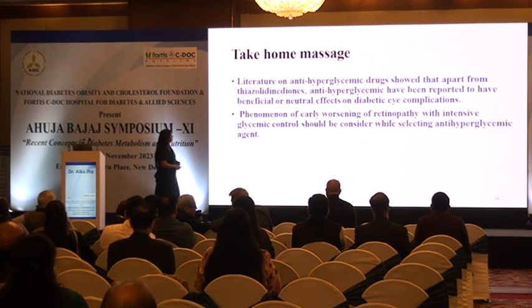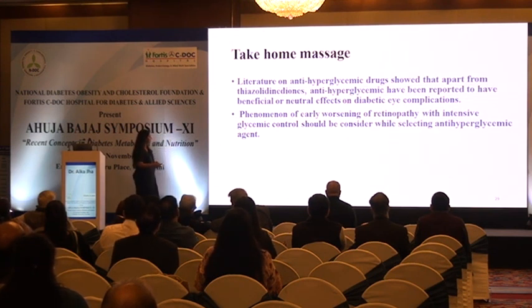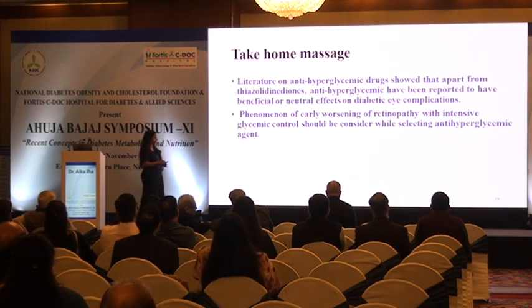So the take-home message is that most of the reviewed literature on anti-hyperglycemic drugs has shown that except for the thiazolidinediones, the rest of the anti-hyperglycemic agents